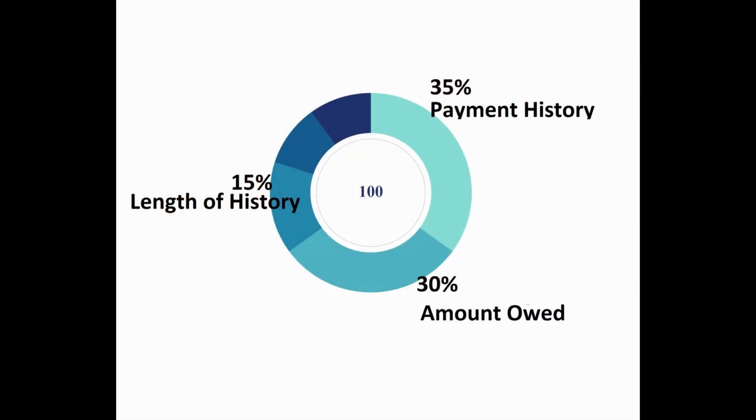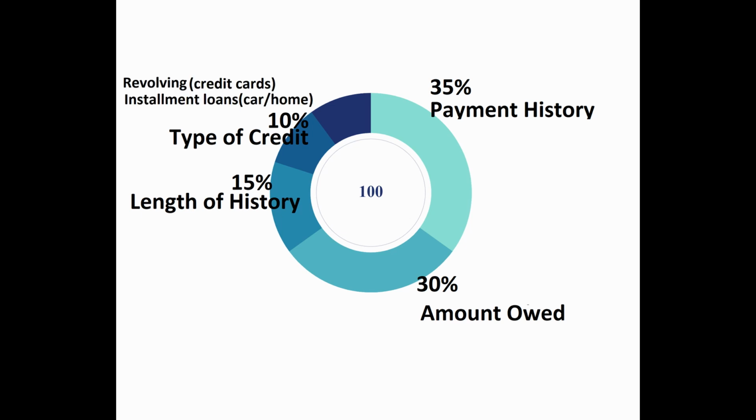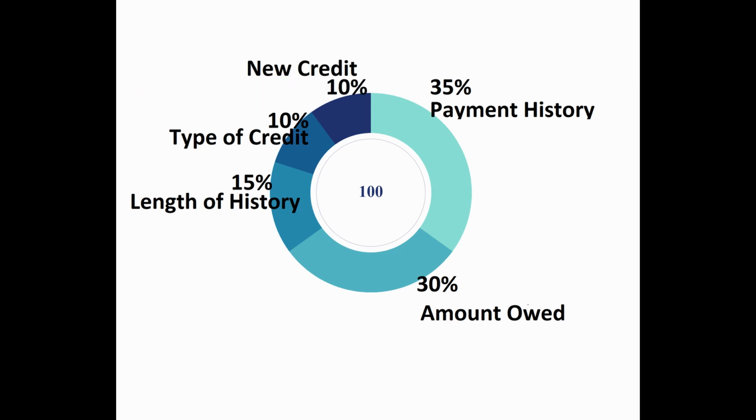Length of history. How old is your file? What is the average age of your open accounts, and what is the oldest account? This is just an outline of this category, and it does make up 15% of your score. Types of credit, or your credit mix, makes up about 10% of your score. Now this is revolving, like credit cards, and installment loans such as a car loan, and that is the basis of this particular category. New credit makes up 10% with inquiries, and new loans or credit cards makes up the